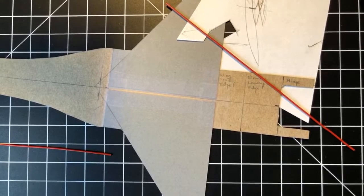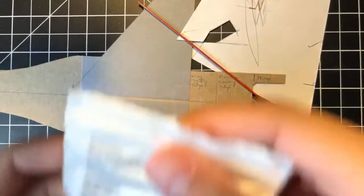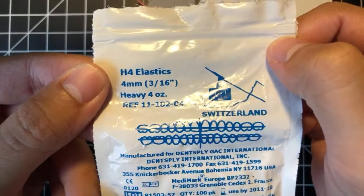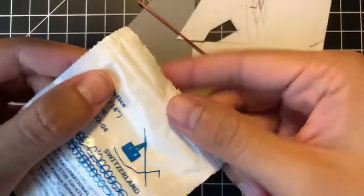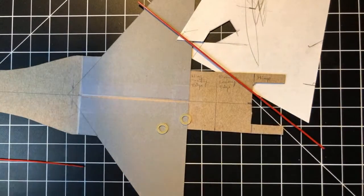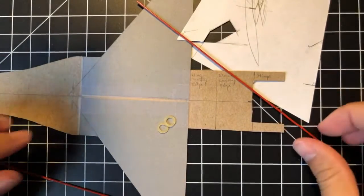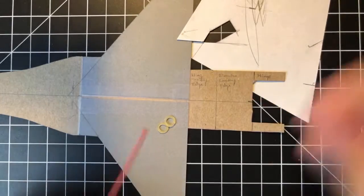Just putting this back where it belongs. I might need to get more of these soon, but my usage for them is actually not that much, so I don't know if I'll buy more. But these are probably really cheap. They're dental orthodontic elastic bands, 4mm, apparently in this case 3/16 of an inch. As a kid, I had braces. We got a bunch of these to help correct our overbite, but we had leftovers. So essentially what we need is 2 of these. I think I only used 2. This is a very niche, very specific part. You could get away with using a rubber band, but it's just a lot more difficult because it's huge. You need to figure out how to make it work, which I honestly don't want to do. So